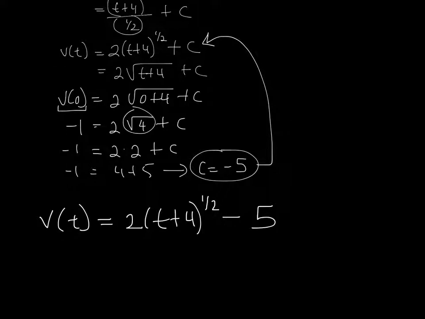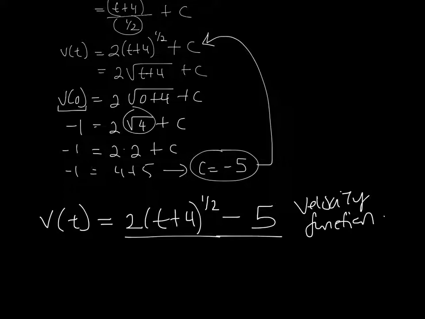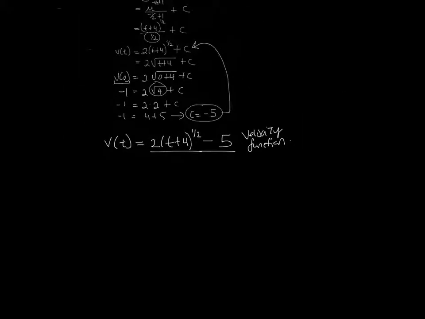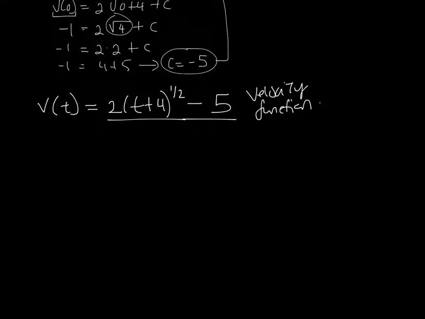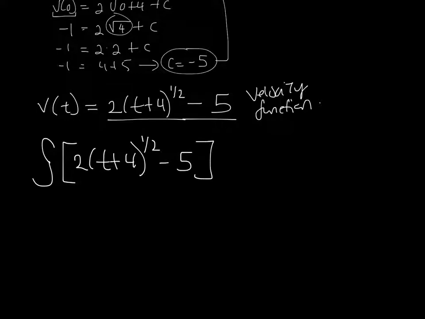Okay, so this is our velocity function, but again, we want to find the position function. So now let's integrate this whole guy. Let's make it a little bit bigger. So the integral of 2 times t plus 4 raised to the 1/2 minus 5 dt. This is an indefinite integral, again, because it's a function. When we integrate it,